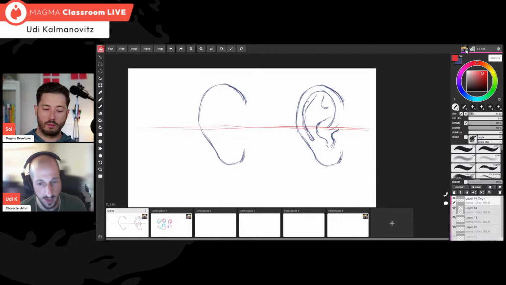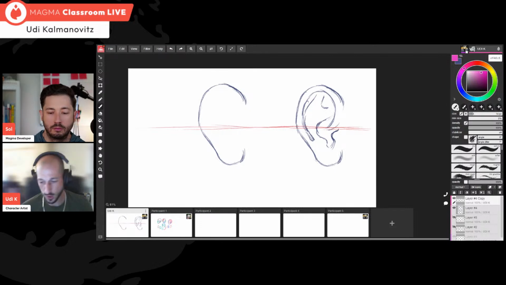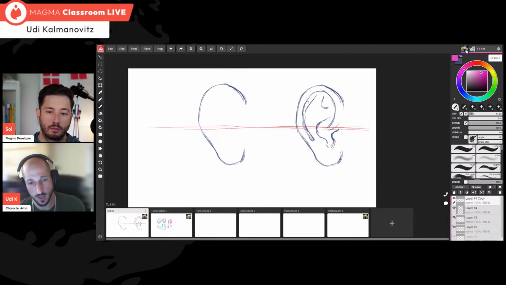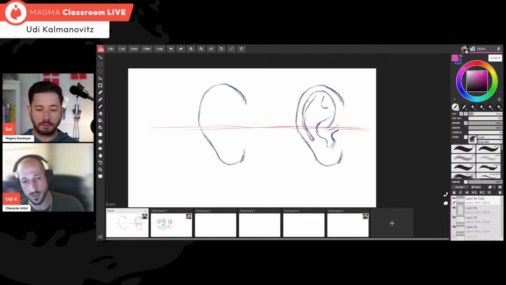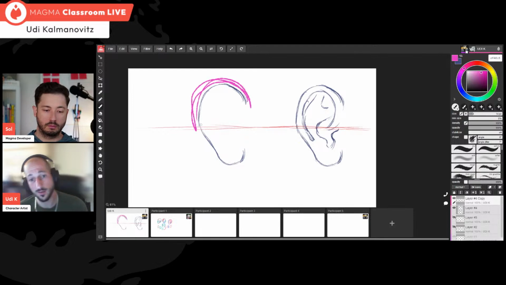And let's start with the first shape that goes in the top half. Let's pick a specific color so it will be easy to differentiate between those shapes. The first shape is actually the easiest, so that's why I decided to start with it. It's the easiest because it corresponds to the contour line of the ear. It's like duplicating the same line. If I'm looking at the line outside the ear, I just want to duplicate this line and create